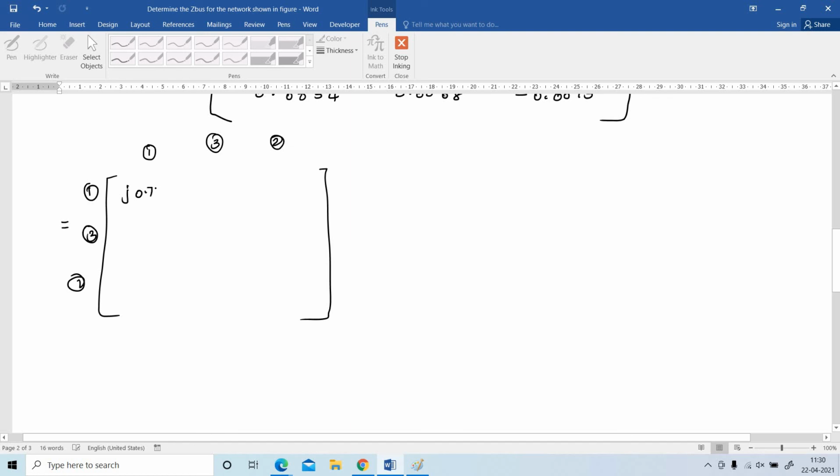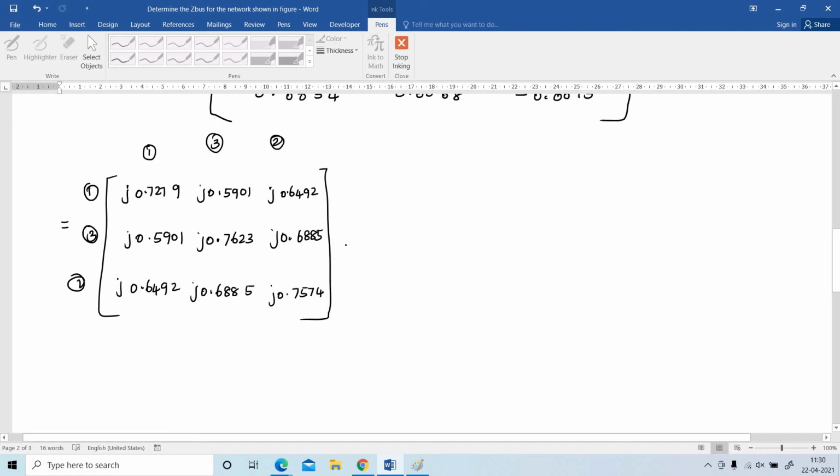J 0.7279, J 0.5901, J 0.6492, J 0.5901, J 0.7623, J 0.6885, then J 0.6492, J 0.6885, J 0.7574 minus, after dividing this matrix, the previous matrix, by J 0.61, we get J